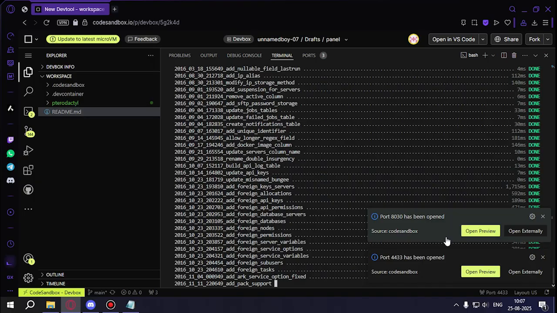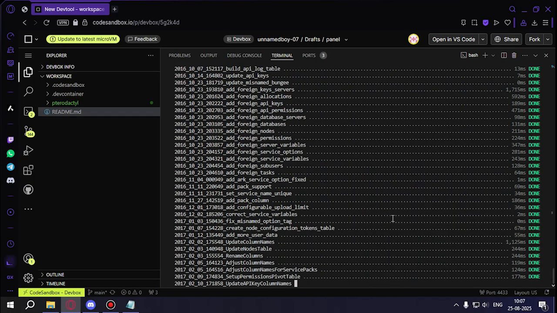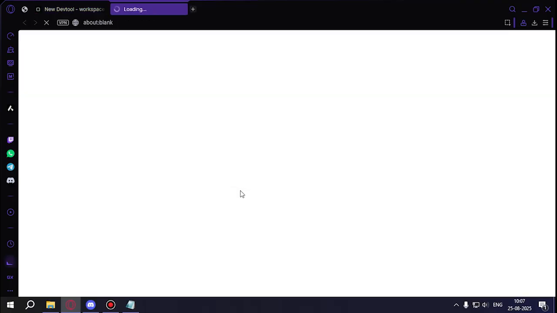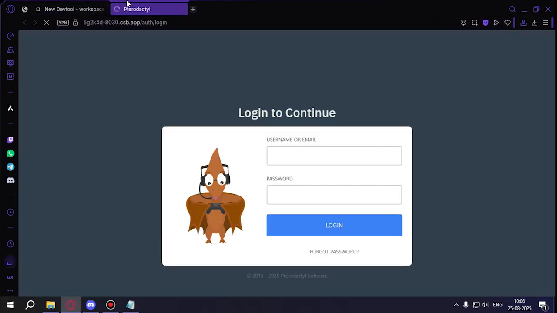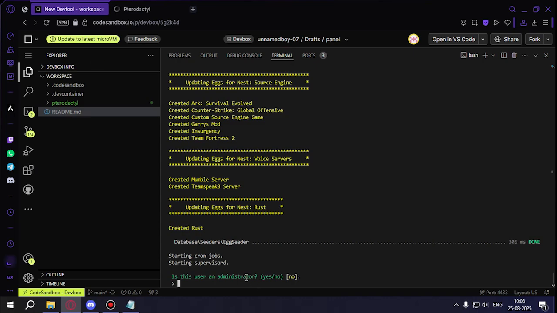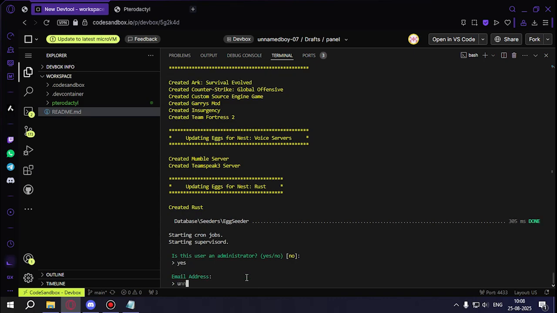Here you can see ports have been opened. It's not like 80 or 443, it's like 4433 8030. So this will be our panel website address. As you can see, this has been logged in. We have to create an account over here. Now you can see it's asking, is this user an administrator? Yes. And your email,